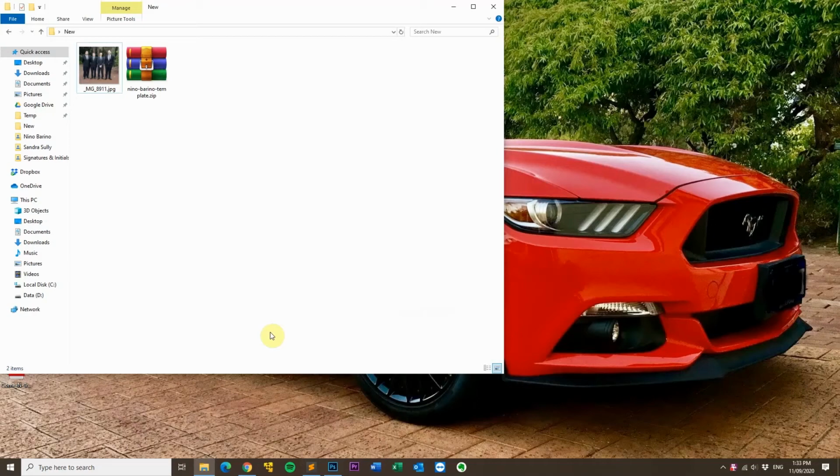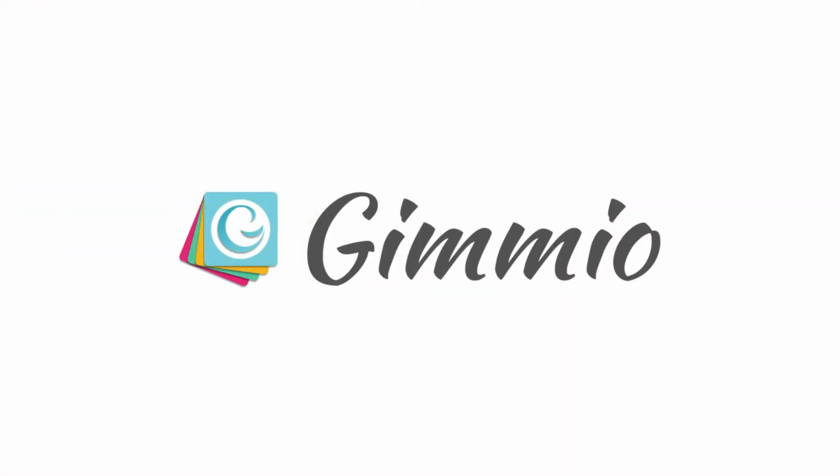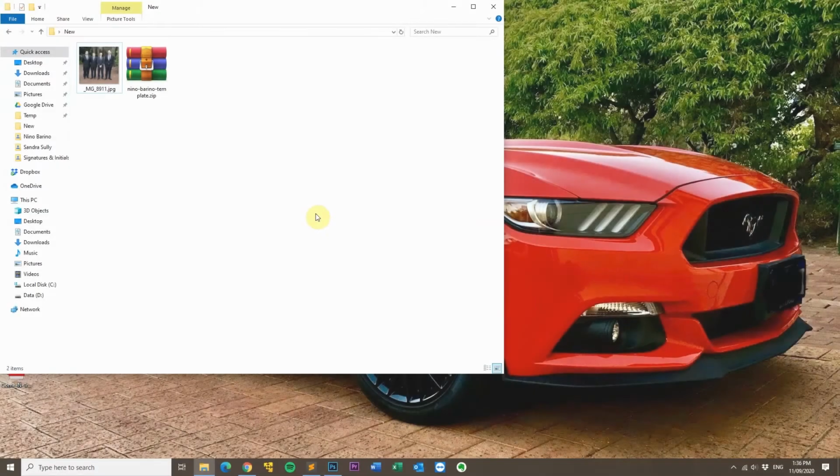Hi, my name is Gordon from Gimeo, and today I'm going to show you how to create an amazing HTML email signature which is compatible with Outlook, Gmail and Apple Mail and basically all of the major email clients that are out there today. I make email signatures for a living. I'm the co-founder of Gimeo, which is a famous email signature generator that a lot of people use, and I